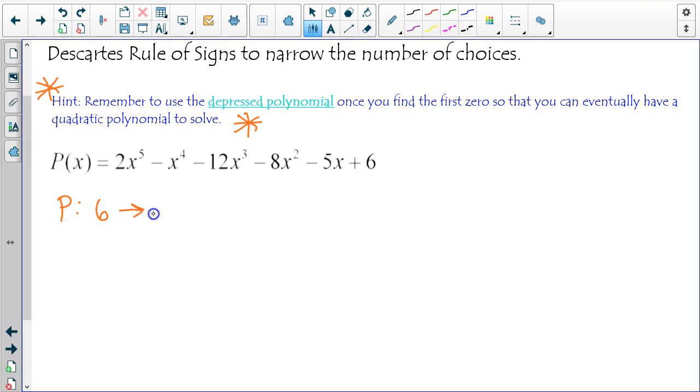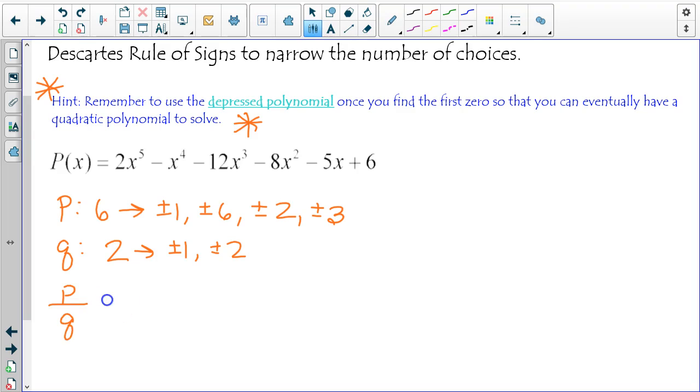6. So what are the factors for 6? 1 and 6 and 2 and 3. Good. Okay. What's Q? 2. So what are the factors for 2? 1 and 2. Okay. So now my possible zeros, my rational zeros, I literally just do 1 over 1,